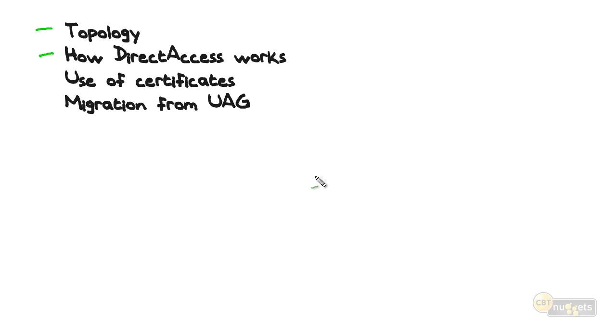because everybody's going to have slightly different criteria for how they want this thing deployed. We've particularly talked about the use of certificates and how having a PKI is still a recommended solution, but how you can get away with not having a PKI and what you're going to pay for in terms of lost features by doing that. And we looked briefly at some of the concerns and steps involved in migrating from the UAG version of DirectAccess to the version of DirectAccess that's in